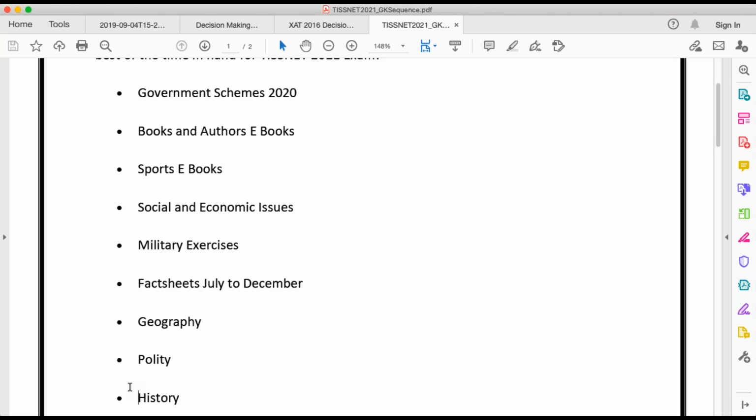And try to remember as many articles as possible, especially the ones which have been in the news or are very important for any social cause or an economic cause. So if there is anything related to social stuff or economic stuff, you should definitely remember those articles. There could be a certain article around untouchability. There could be a certain article around the caste system. All those things you should definitely remember, because they are related to a social cause or an economic cause.